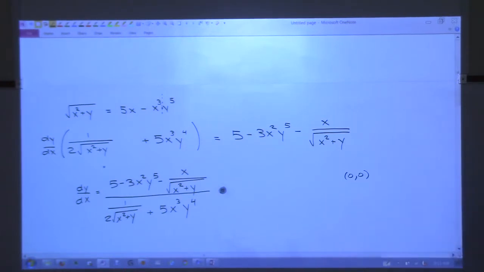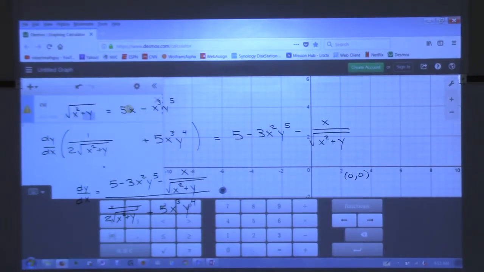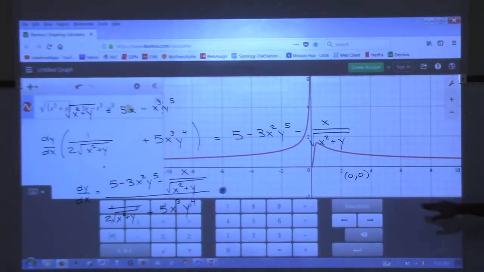Let's graph it. Let's just graph it. I was trying desperately to find, oh good, I'm already here. Okay, so let's try this. It's going to be square root of x squared plus y equals 5x minus x cubed times y to the 5th. Oh yeah. Okay, so I don't know if y'all can see that here, but we've got